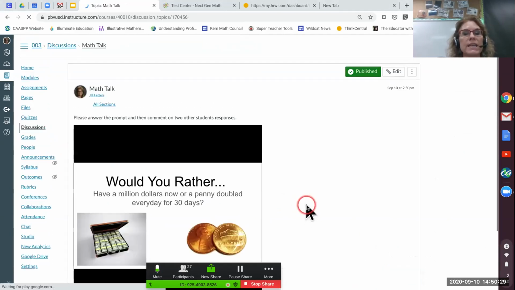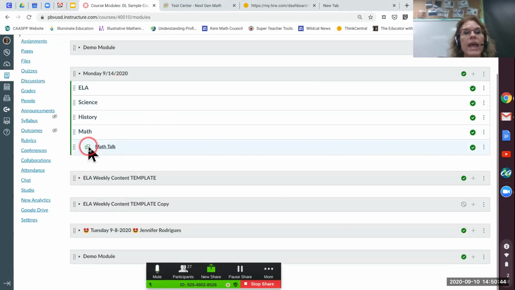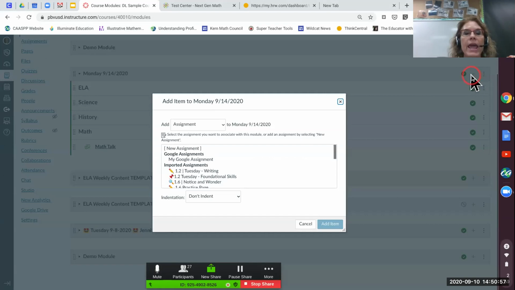So I used an existing file that I've used year after year, so I'm not inventing anything new. I'm just organizing it into the module. So I'll go back to modules so we can make sure that it's set up. So here's my math, and then here's my math talk, which is would you rather. The next thing I want to do is an instruction. Well, I use Go Math material, so I'm going to go ahead and add